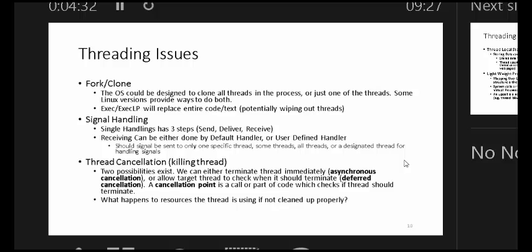Maybe it was a database server, I was doing some work. Instead of sending a signal so that the database server can periodically check and say, oh, should I be dying now? Should I clean up my stuff? You just say, just delete, stop. Right? So it's nice if you can have this deferred approach. I would say it's ideal.